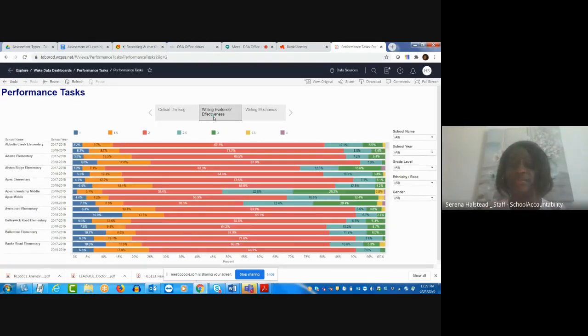Also, you can do that same thing for the other two, which is writing evidence and also writing mechanics. Now, very friendly, easy to use tool. And as more information is added, you'll continue seeing years. What I like about it right now is that we just have 2 years, so we can simply compare what is going on in year 1 when we started this performance task to what is going on now with